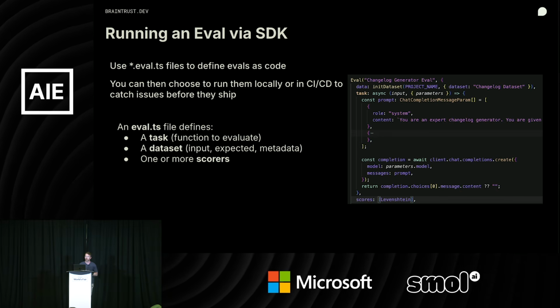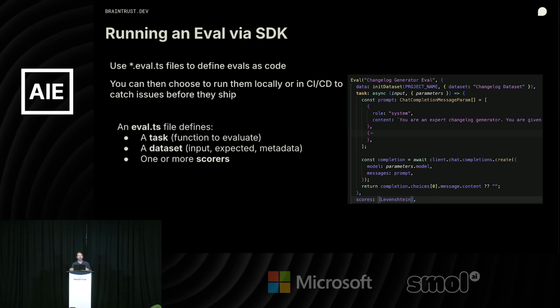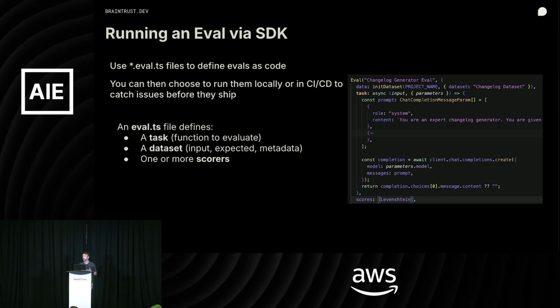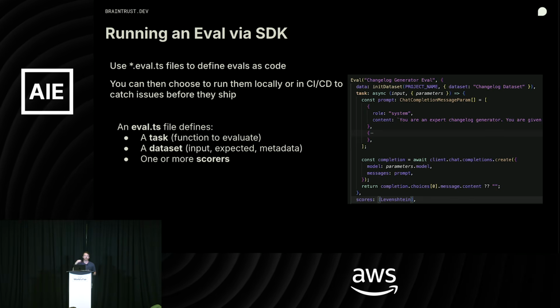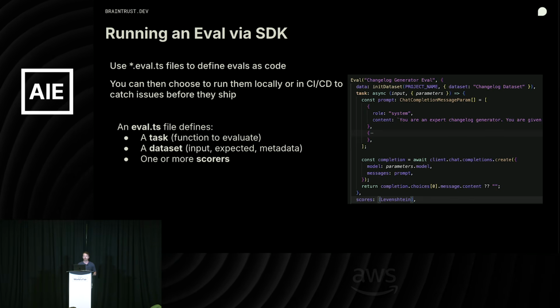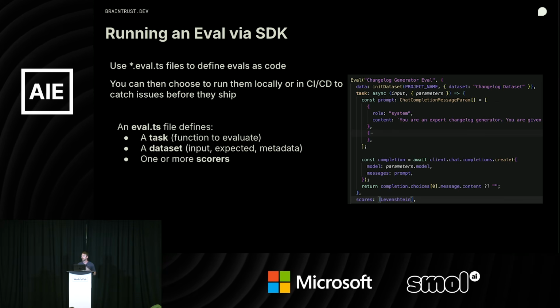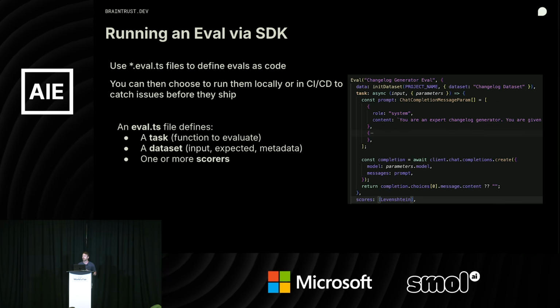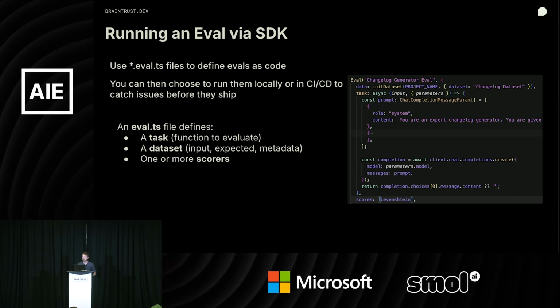The other thing to call out here is that this can be run via CI/CD. We do have some customers that want to run their evals as part of the CI process, so understanding in a more automated way the score for A, B, and C, whatever they've configured. Has it gotten better? Has it gotten worse? This becomes maybe a check as part of CI. If you look within our documentation, there's a GitHub action example that shows you how you could set this up.